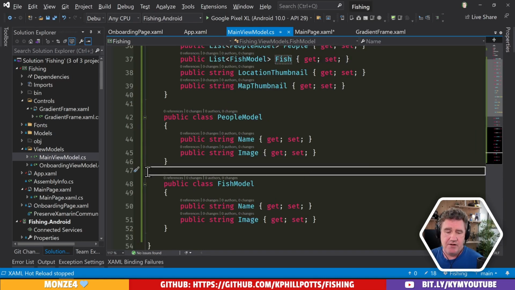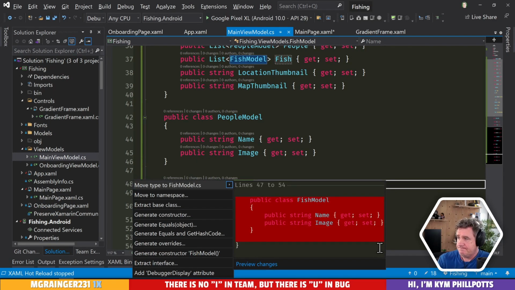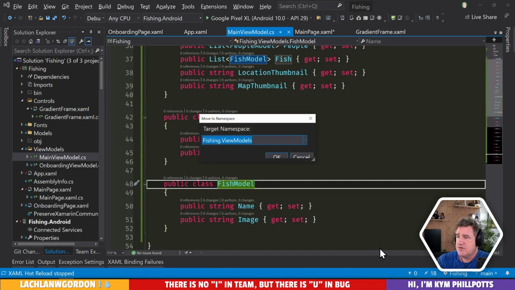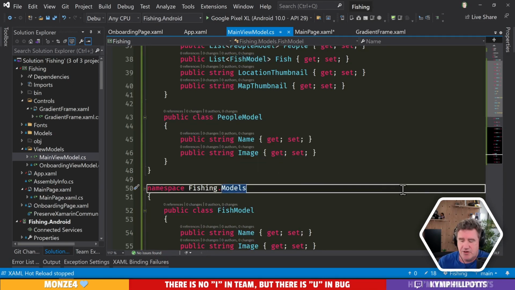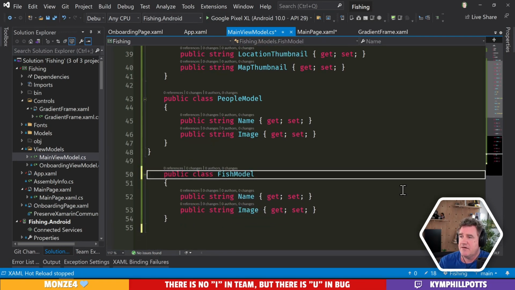All right, and now I'm going to refactor these into proper classes. I'm going to try move to namespace, I want to see what this does. Not what I want. It's going to wrap a namespace around it. Don't want that. What I actually want to happen here is,